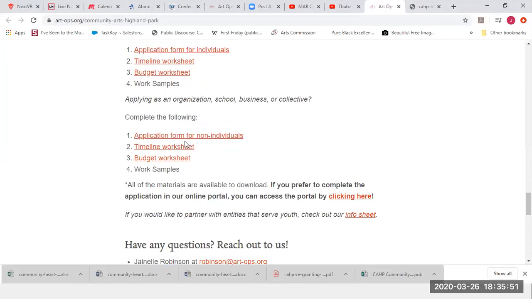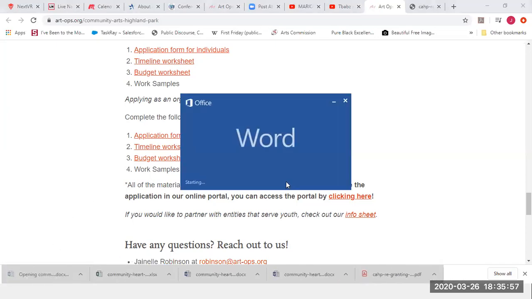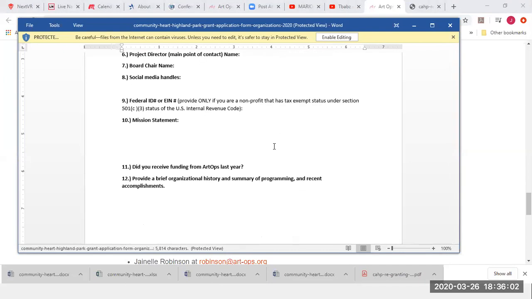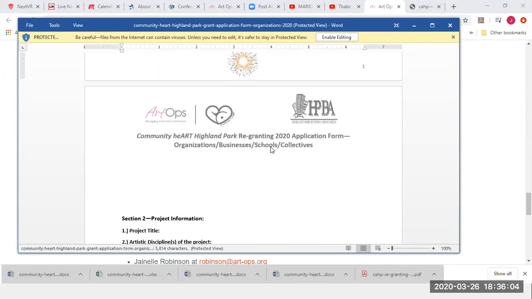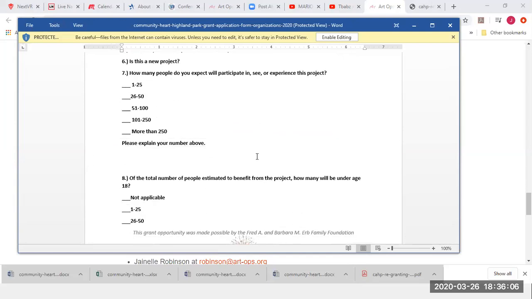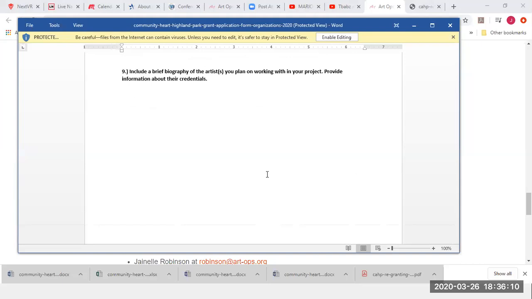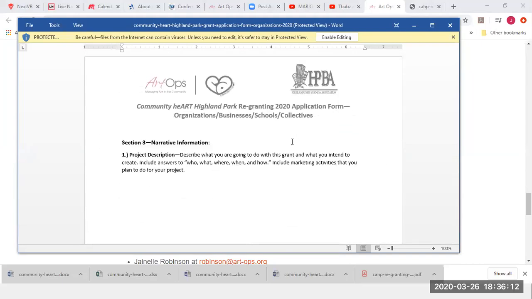So let's see here. This is just a quick hit on the application for non-individuals, just so you can take a look at it. So organization name, federal ID, project title, and it gets into the same bit about your biography, all the artists that are involved, the project description, so forth and so on.